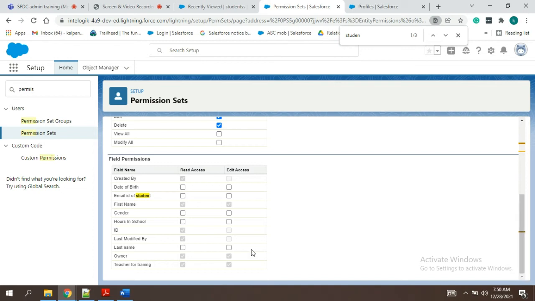And here we can even select which field can be seen. So now I'll say he should be able to see only controlled fields, but that you cannot define because you have already given full permissions in the profile.